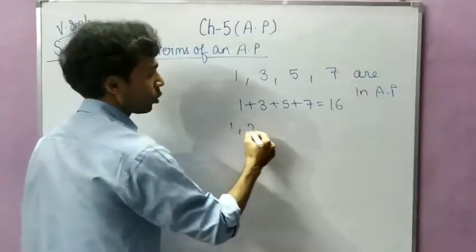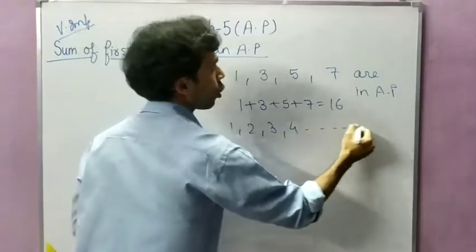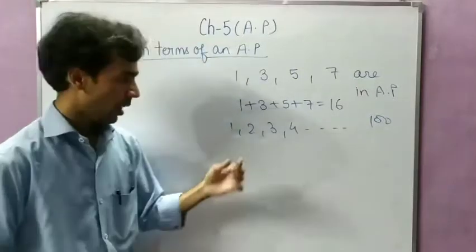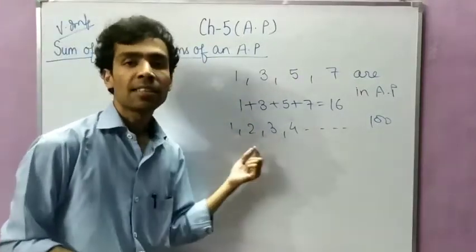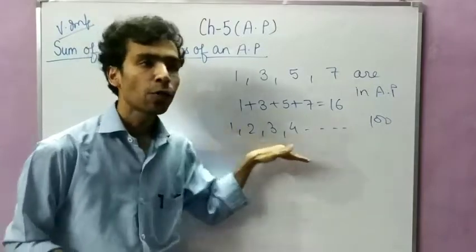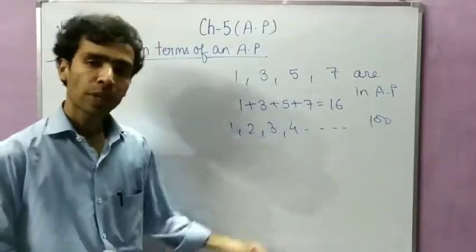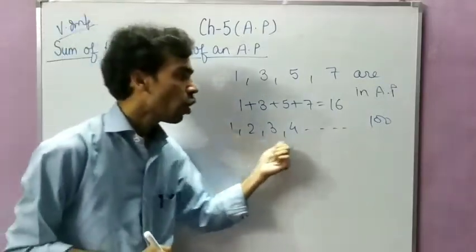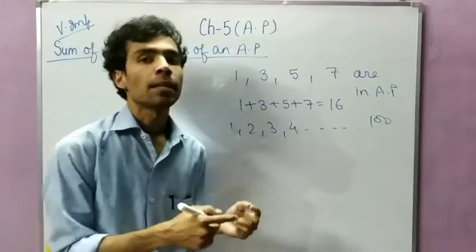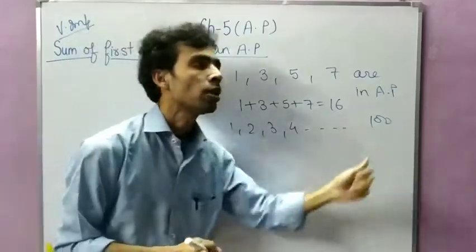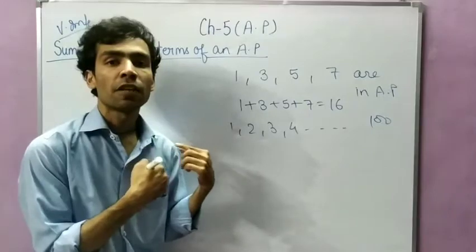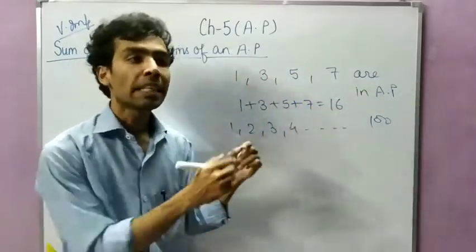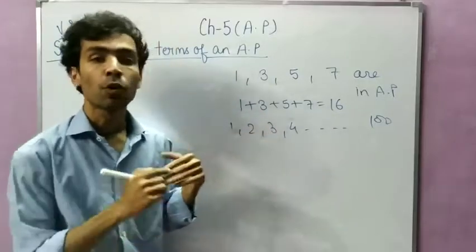But students, suppose you have many terms like that. Suppose 1, 2, 3, 4, dot dot dot up to 100, and now you have to add them. There are many terms, these terms are in AP, and you have to add them. There is no doubt that you can add them, but when you add all these numbers, it will take some time. Suppose I give a sequence which starts from 1 and ends with 1000. You can also add that, but it will take much more time.